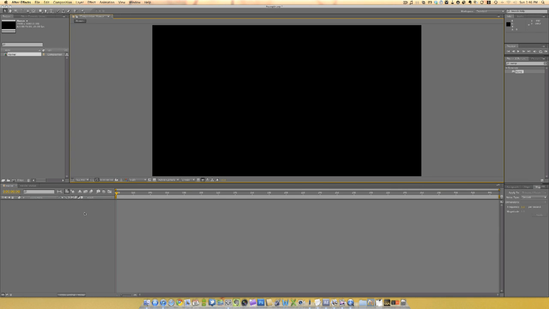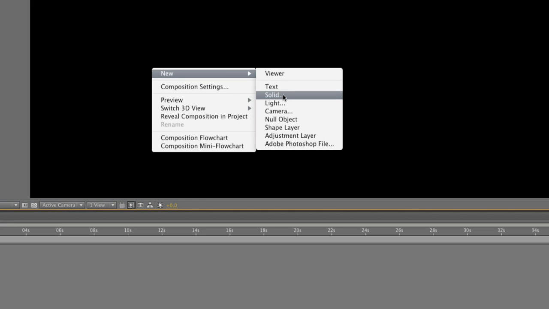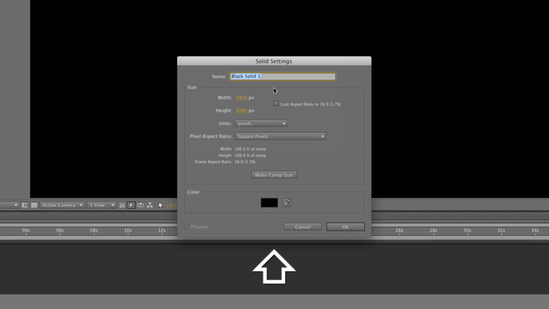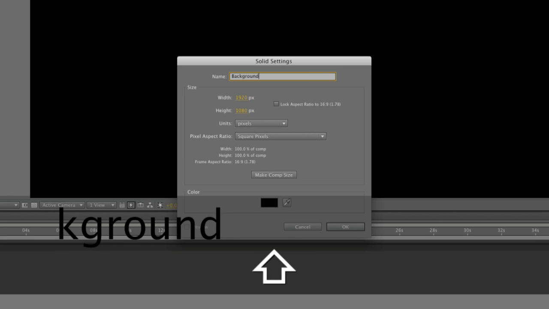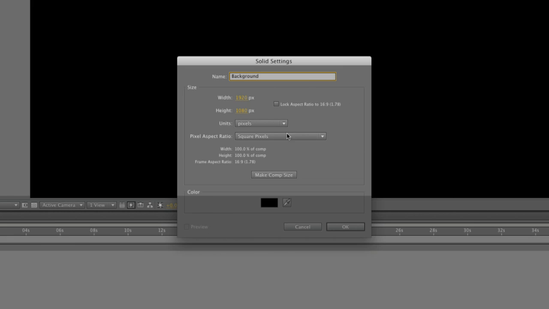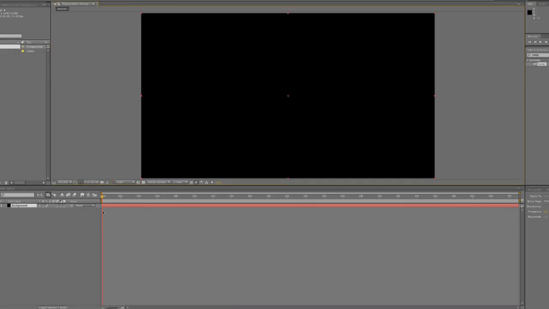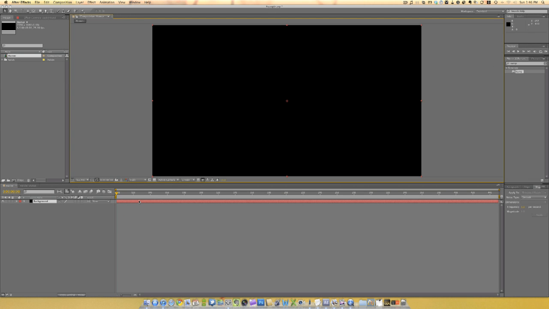The first thing I'm going to do is create a background, and I'm going to use a solid to do that. So I'll right click in the canvas area, go to New, Solid, and I'm going to call this Background. I'll leave everything else set to the defaults. If it says something different in the width and height, just click Make Comp Size and that will ensure that it's the right size. Hit OK, and here's our new solid, which doesn't look all that interesting just yet,